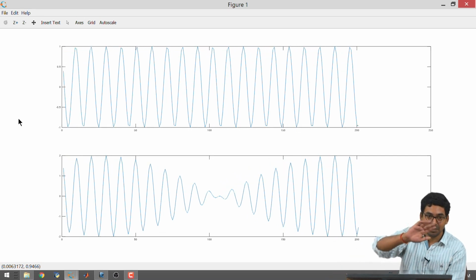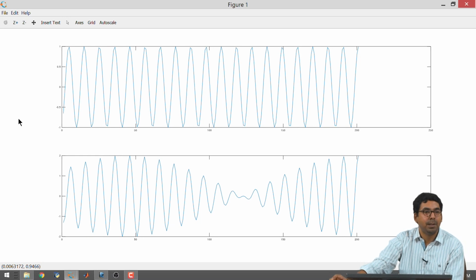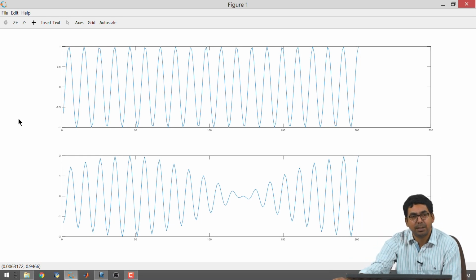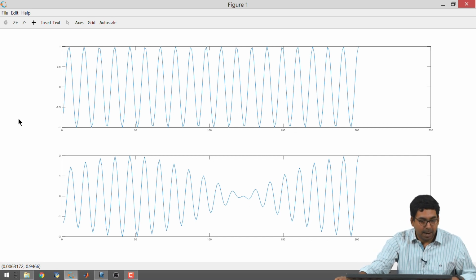Group velocity tells you something about the envelope that actually carries the information, right, and phase velocity is simply the oscillations and you are just tracking a point of constant phase, right. So, it is a very simple example.